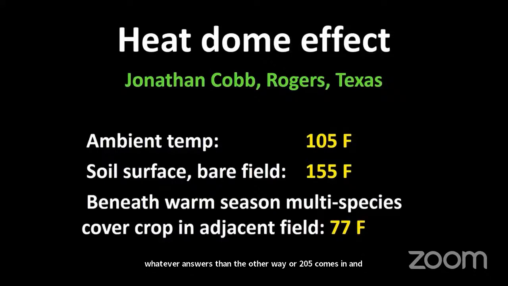More air comes in, heats up. You're actually generating heat and creating a heat dome. Under a warm season multi-species cover, the soil surface was 77 degrees. But even if you had brown plants there, like even if you had some kind of crop residues or something that was covering the soil surface and maintaining the ambient temperature at 105 degrees, you're not going to get a heat dome effect. But when you've got bare soil and you've got hot air rising, heating up and rising, and they are on black soils there, it definitely creates a heat dome. We have heat dome effects in Australia, and that's what's happening to us right at the moment. That's why it was 120 degrees in Australia recently. We've had a massive heat wave because we have lots and lots of bare ground that we did not have before.